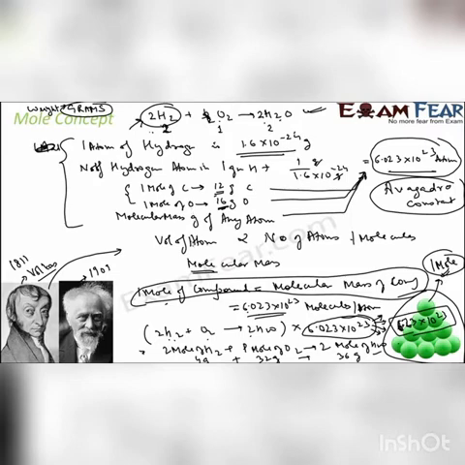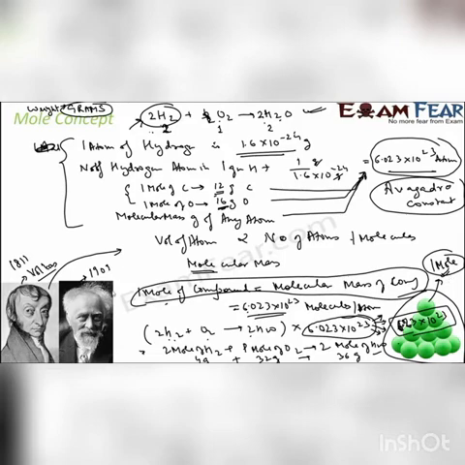Why did this come? Because the moment I have the mole, I can easily write the grams and I can easily validate my statements. 4 gram, 32 gram, 36 gram, very easy to measure in the lab as well. Okay, so please understand why we are doing all this circus: we don't want to measure the weight of 1 molecule, it is very difficult. But it is easy to measure 6.023 into 10 to the power 23 molecules, and that is nothing but 1 mole, and that is in the grams. And the gram is nothing but the molecular mass.